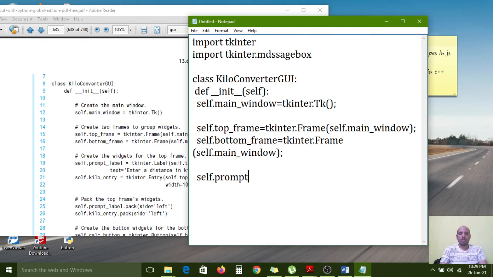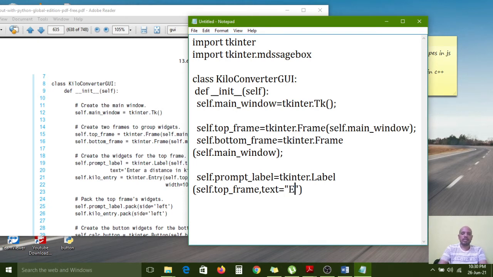Prompt underscore label is equal to tkinter dot Label method we are using, inside self dot top underscore frame, because in the top frame we are placing the label, comma.